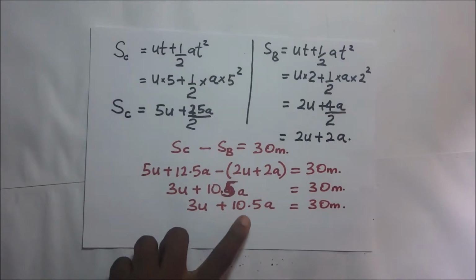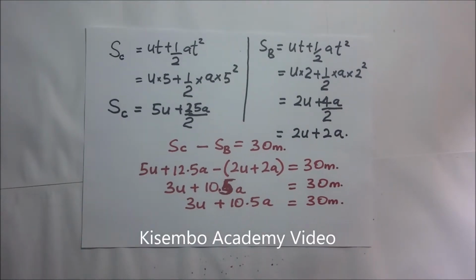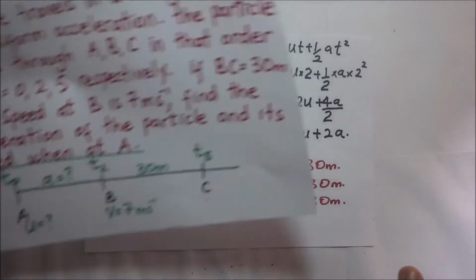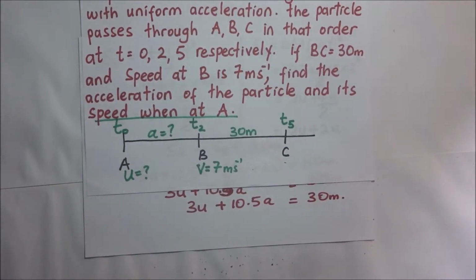We have 3u plus 10.5a is equal to 30 meters. So it means that we need to look for another equation from our information that is going to help us get the values of a and u so that we solve the two simultaneously. Looking at our question, the other information that we can take advantage of can help us get the second